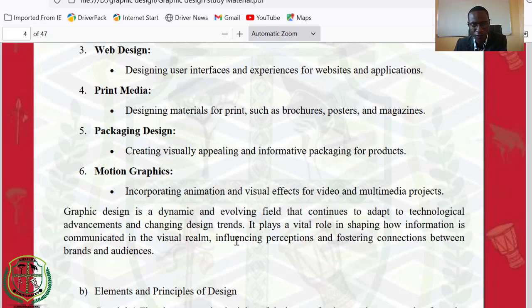visual effects. Okay, now of course graphic design is one of the components of IT that keeps evolving with time. Why? It's because as technology is increasing, AI is coming into play. Even the way in which things are being done is changing. Therefore, as a graphic designer, you will need to continuously adapt, learn how to use new software, and do a better job with new software, because this course gives you a basis. When it gives you a basis, you'll be able to use all these software that come, you learn how to use them and use that skill to perfect your